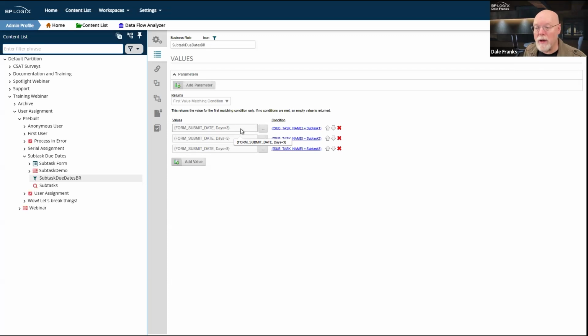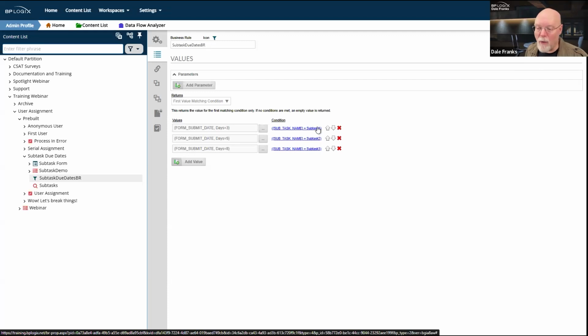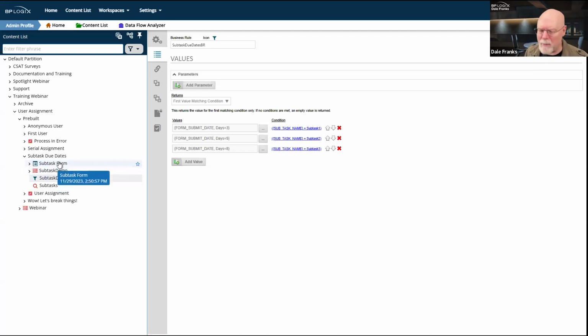And I'm going to base the subtasks on the subtask name. Now, when I create the form, I just name them subtask 1, subtask 2, subtask 3. I have to, because if I don't, none of this will work.